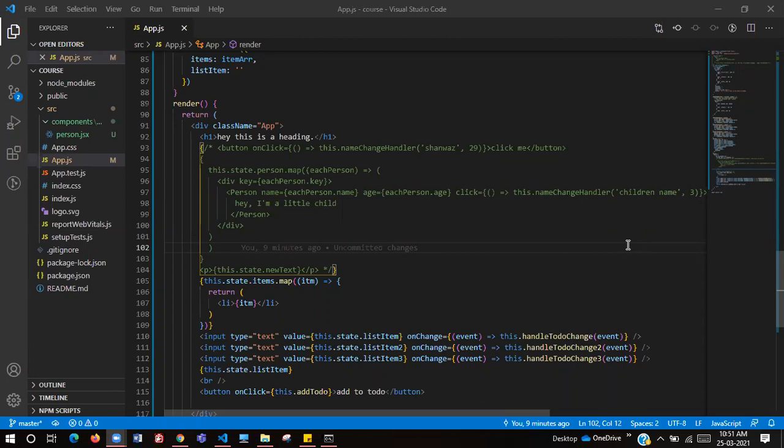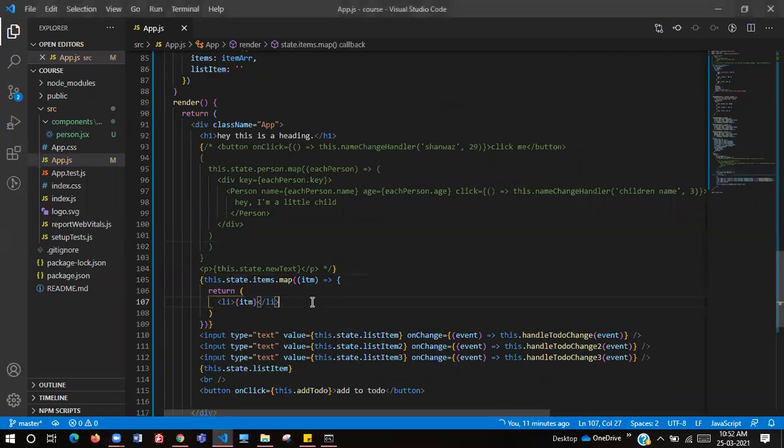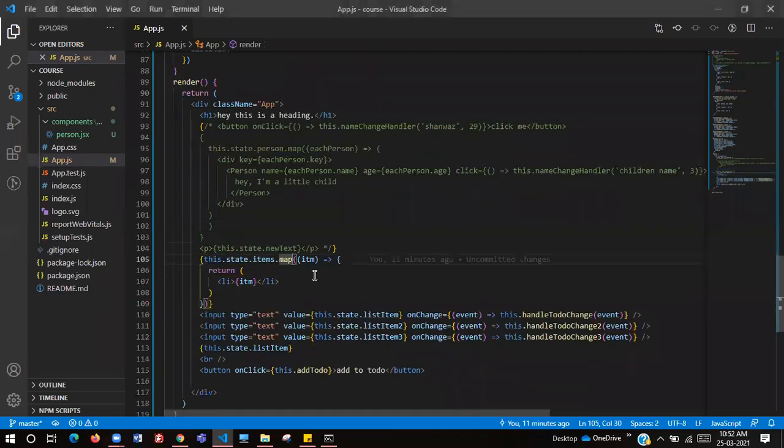Right. So in the this.state.items list, line number 51, the map syntax is a bit wrong over there, Divya. If you see my code here on the screen, are you able to see my screen, right? Yes.